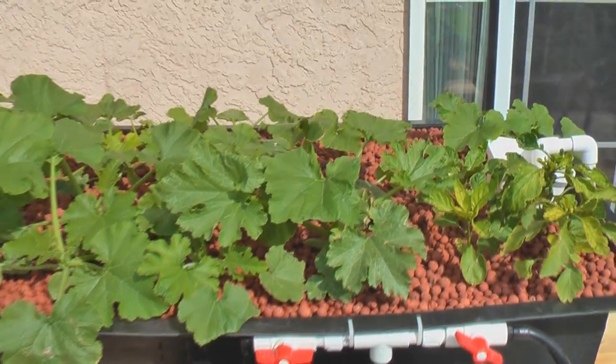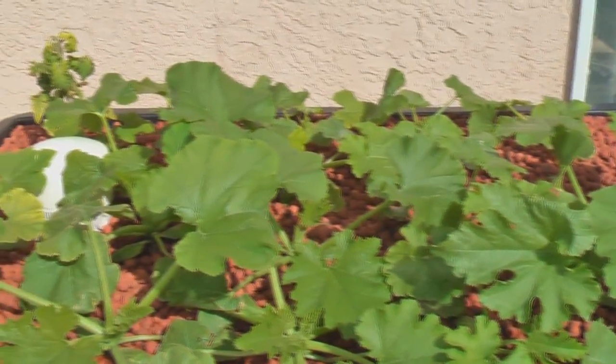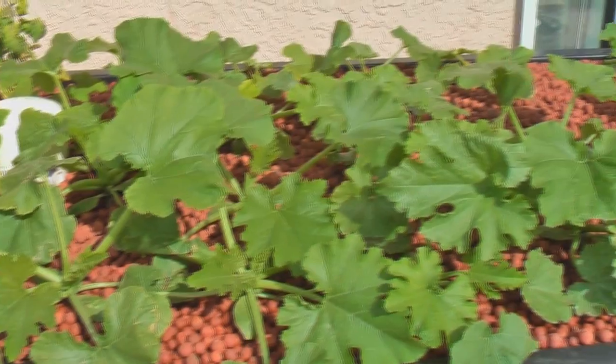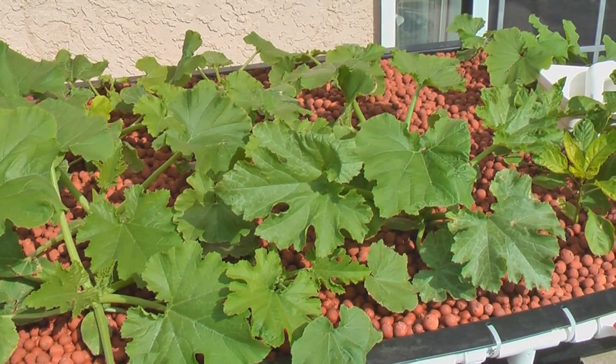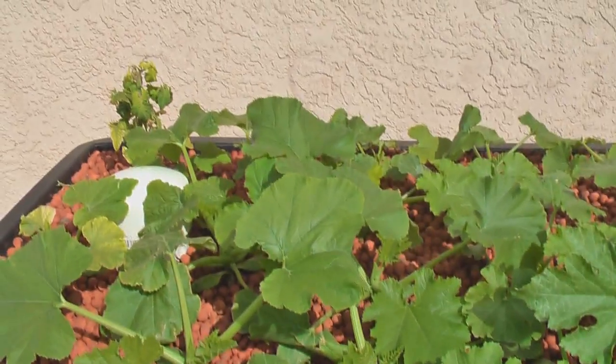Hello everyone, this is week 2 of my aquaponics project. Just wanted to show you the growth on my plants here. This is only 2 weeks worth of growth, and actually this is pretty good considering what I just went through